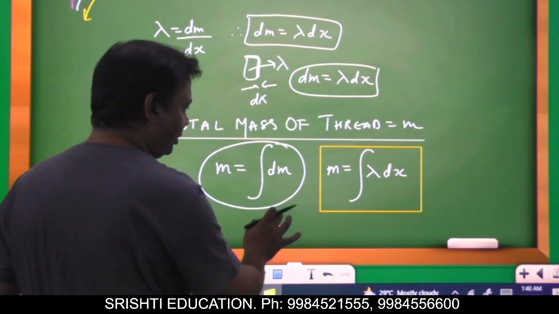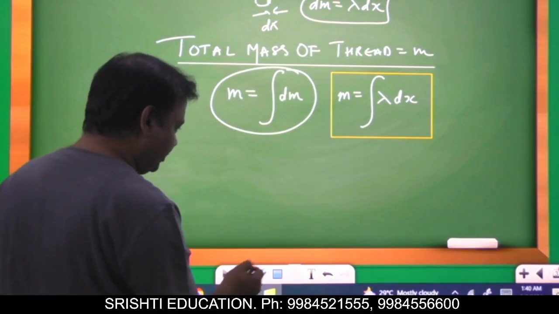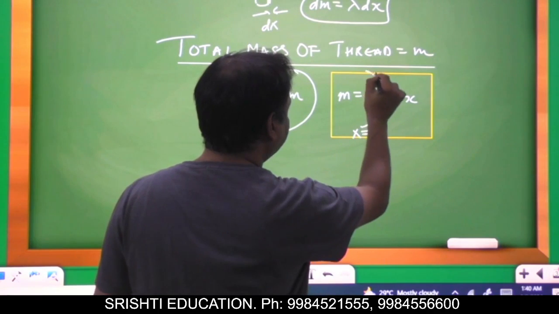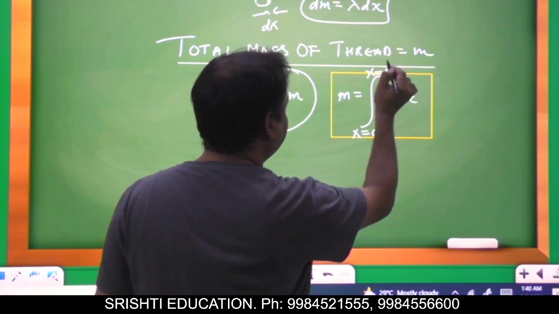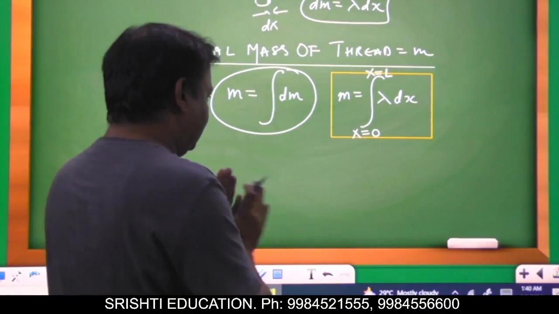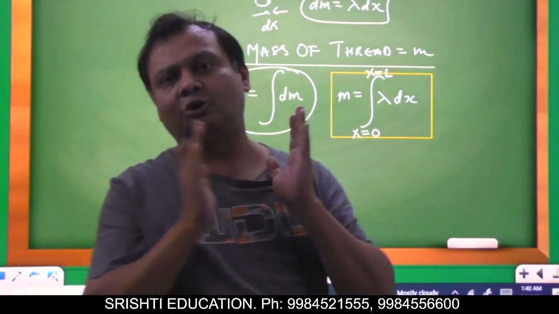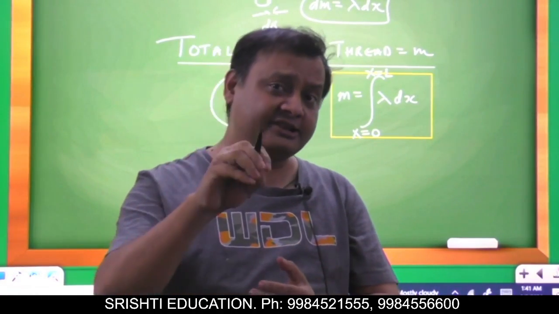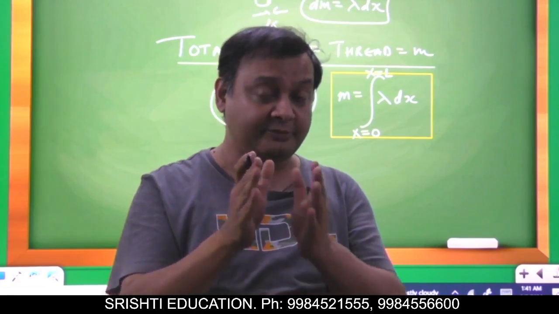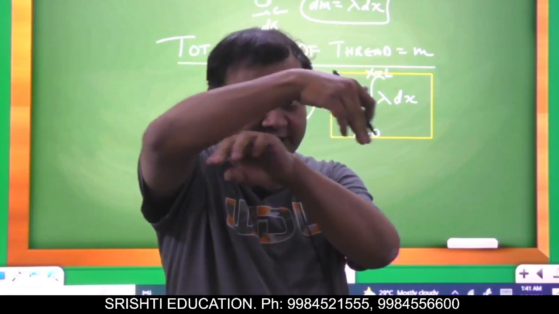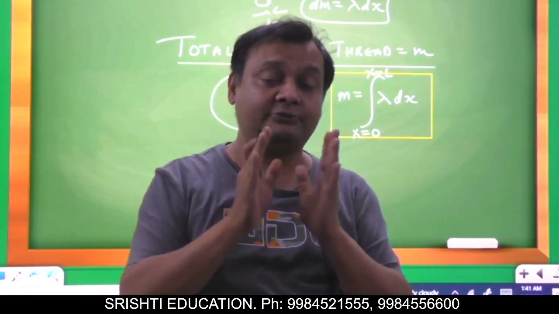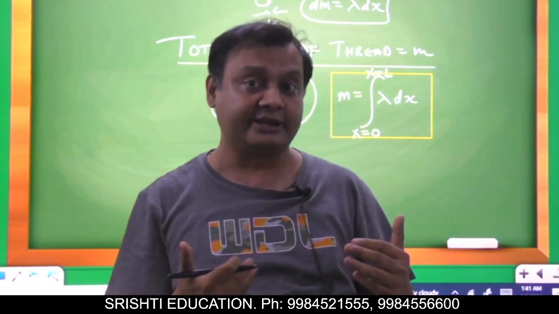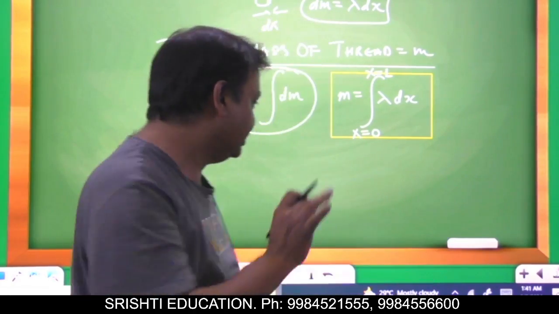Now the point is, what do you think, whether lambda will come out or not, and you have to put the limits of x. So since the rod has a total length L, x will begin from 0, as we have seen in the last lecture how to put the limits, and x will run till L. Now question is whether lambda will come out of the integral or not. Now it depends. In the first lecture we have seen precisely density is a microscopic property. It means it may vary from one point to another on the same object. So lambda may vary from one point to another on the same object. So it is not necessary that lambda will come out of the integral, because lambda will come out only if it is constant. In a very special case,